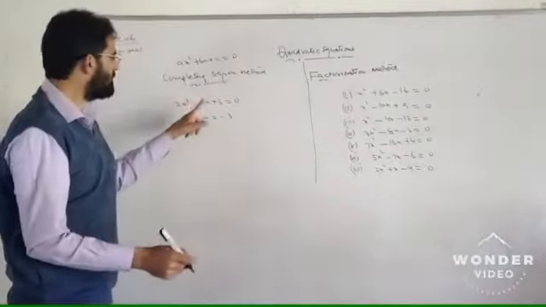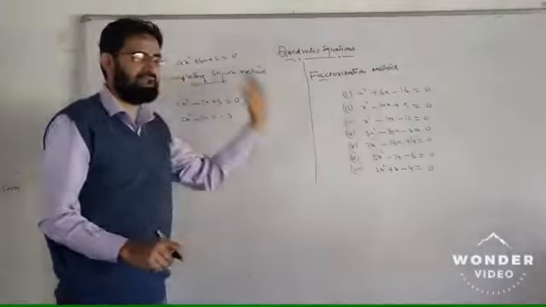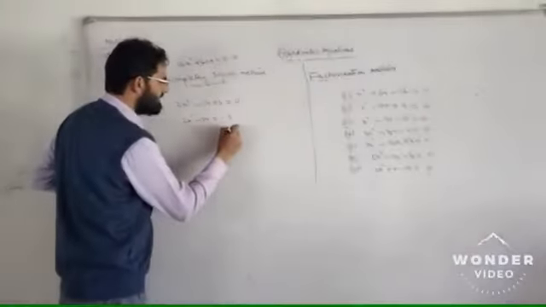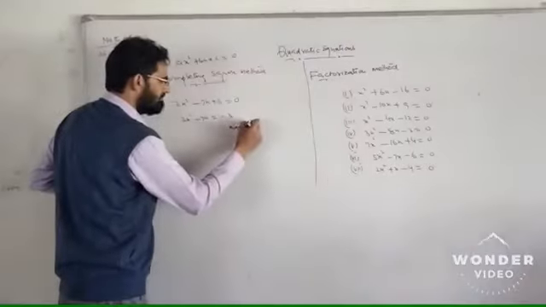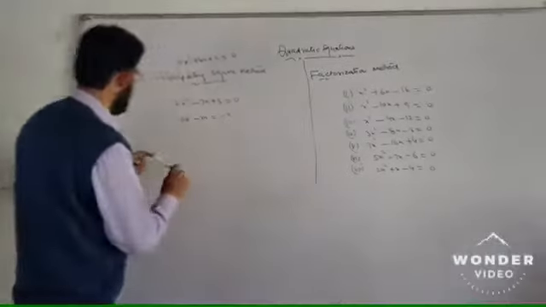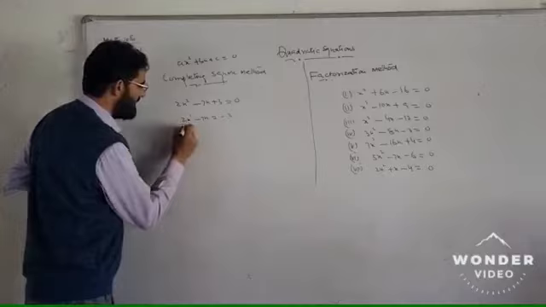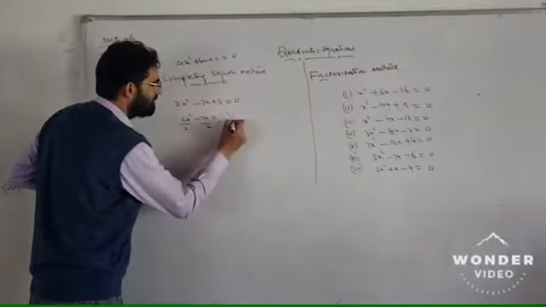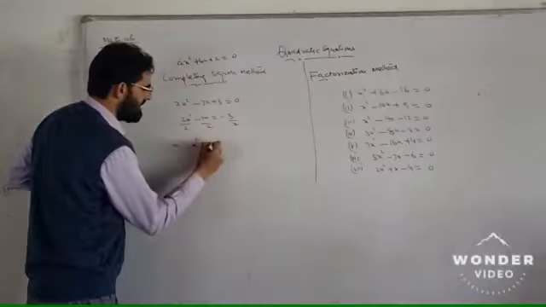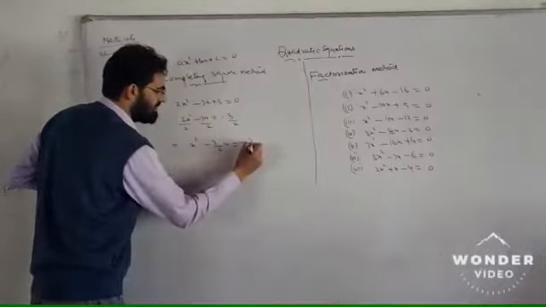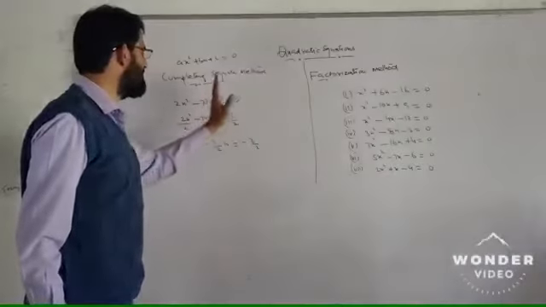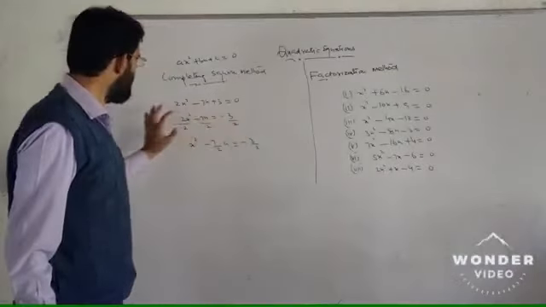First of all, you will shift this constant term towards the right hand side. This is step number 1. Before adding to both sides, we have one more step. We shall divide each term by 2. So what is left here? x square minus 7 by 2x is equal to minus 3 by 2. So the first step is that you will shift this constant term towards the right hand side, then divide each term by